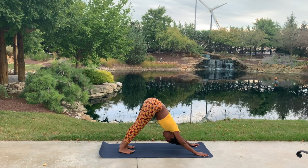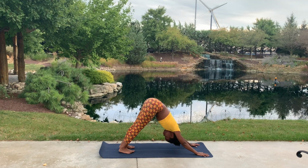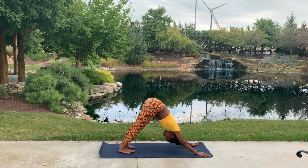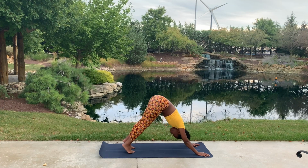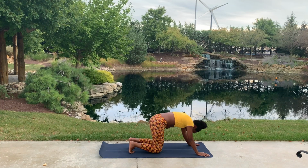Hands shoulder width apart. Feet hips width apart. So sometimes your heels won't touch the mat. That's okay. Just go ahead and still try and feel that experience of stretching the hamstrings. And sometimes if you're really new, your triceps will be burning at this point. Hold it for a few more breaths, finding space to take a deep inhale and a slow exhale. When you're ready,